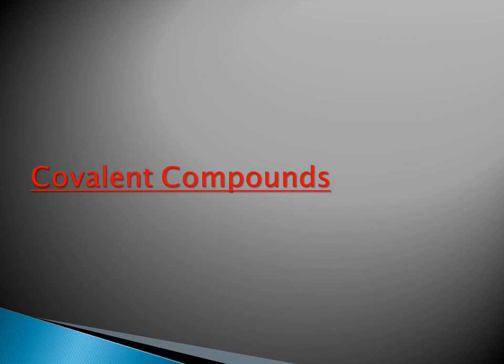In this video, you will learn what are covalent bonds, how are covalent compounds formed, all about different types of covalent bonds, particularly about single covalent bonds and its examples, double covalent bonds and examples of it. A separate video is made for triple covalent bonds and properties of covalent compounds. So these last 2 points, that means properties of covalent compounds and all about triple covalent bond, is not included